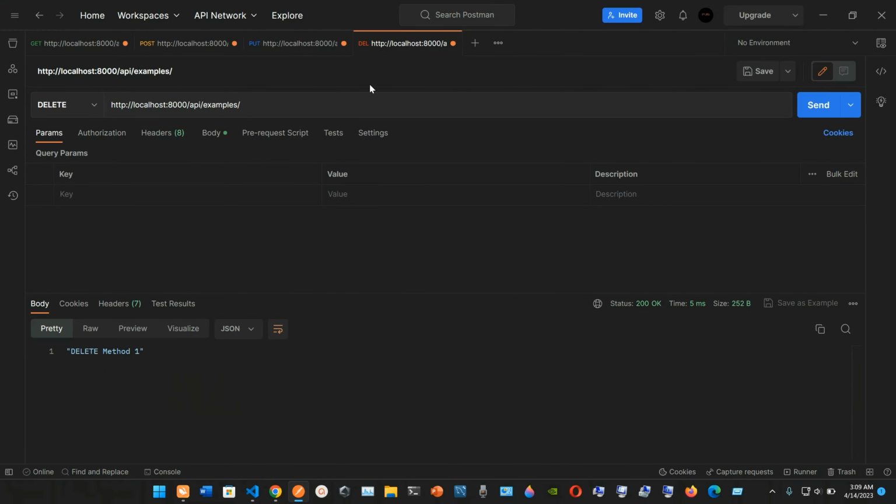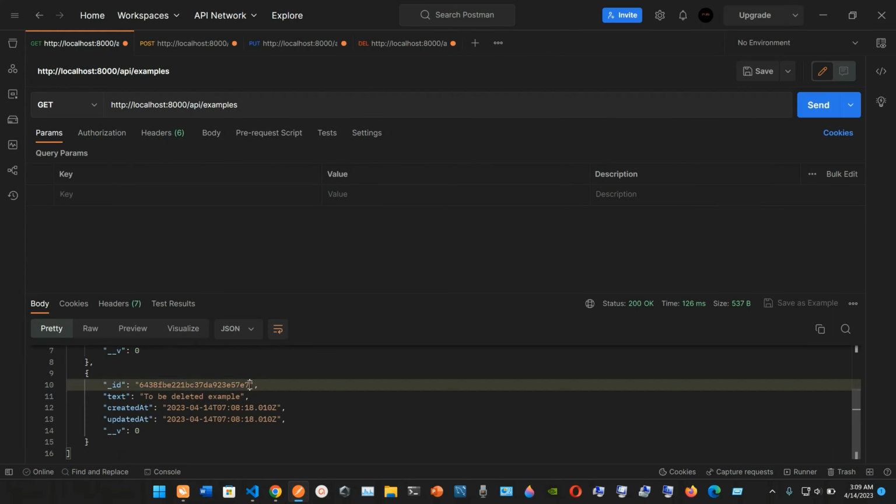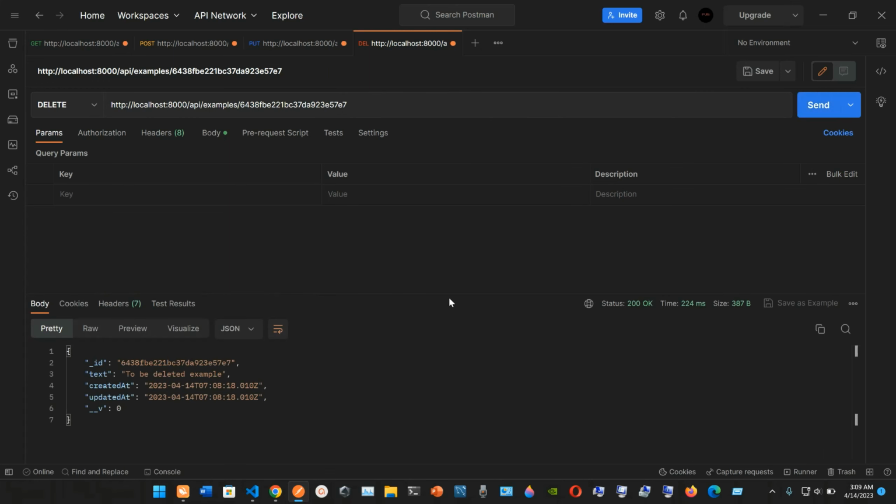and now we'll go to the delete method tab, and now I'm gonna grab the ID that we just created. It's gonna be this ID, and I'm gonna delete it. So this is a delete method. So after the example slash, I'm gonna type in the ID, I'm gonna click send, and it has been deleted. And as you can see, it gives us the ID, it gives us the text, the created at, and the